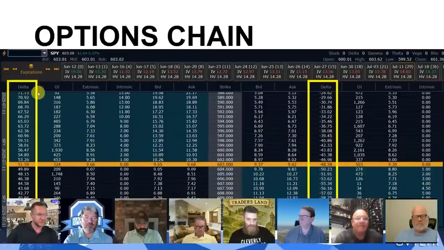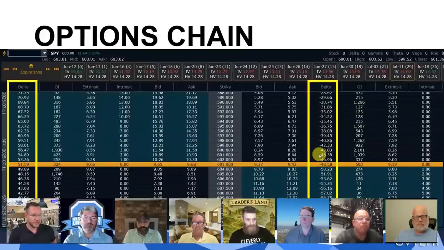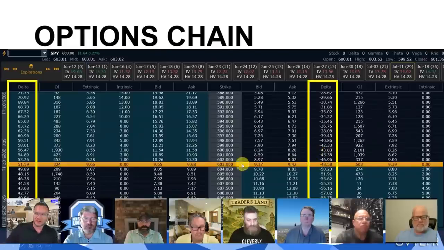Now, delta. Delta is really interesting, and we're going to go deeper into the Greeks and everything on Thursday. But delta is a giant measurement for me. Delta is the rate of change for the price of the option for every $1 move of the underlying stock. So let's look at this, for example. At the money is always 50 delta. Always 50 delta. So you look here, 51, you look over here, 48. It's always 50 delta, give or take.